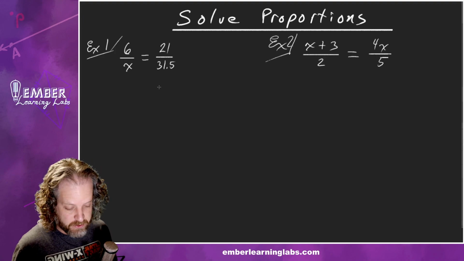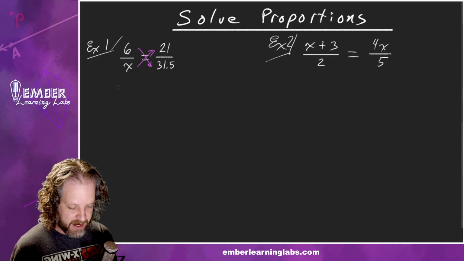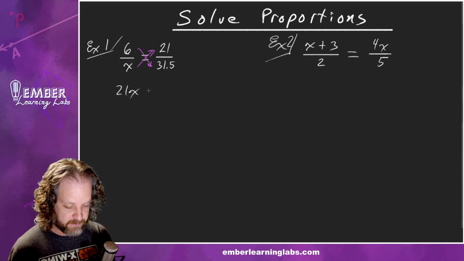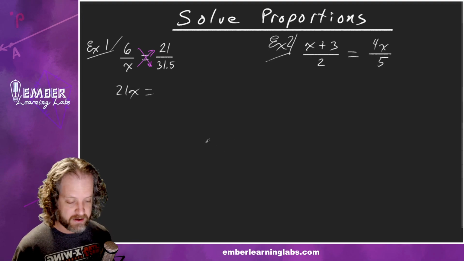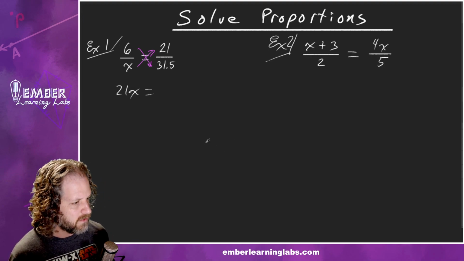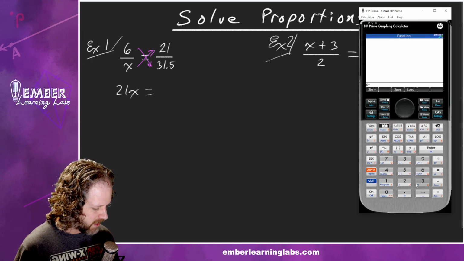So to solve a proportion, you cross multiply. So this times this and this times that. 21 times x is 21x, right? And then 6 times 31.5, I'm going to go ahead and pull out my calculator for that. So find it, there it is. So 6 times